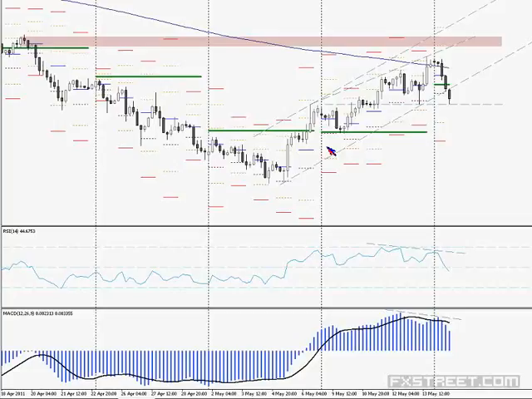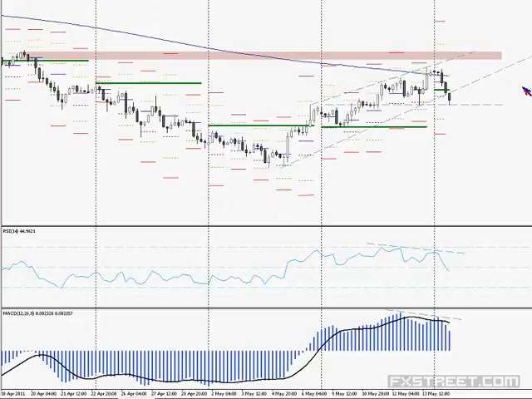But the return line is just a parallel taken by projecting the baseline to that swing high over here, and we don't have a second touch of that return line, so that is for me just a potential channel which I would right now eradicate from the chart, since we have a break down here from